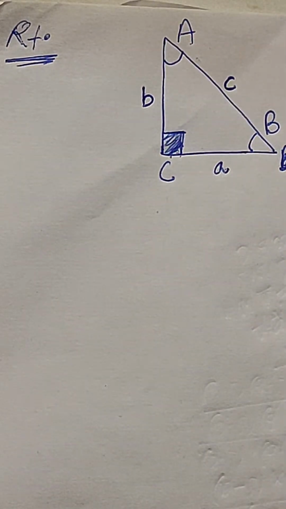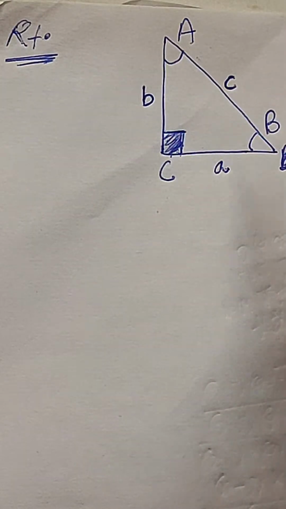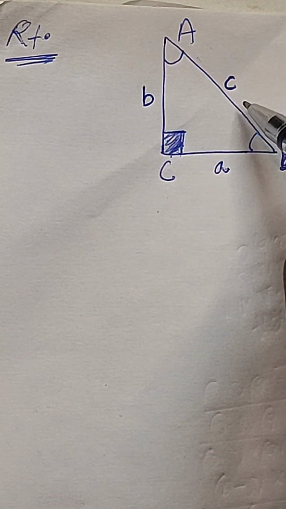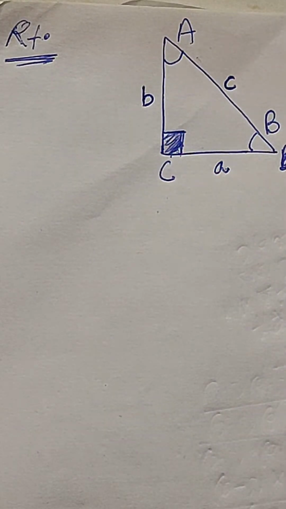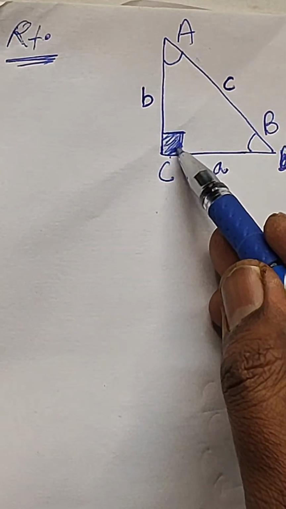This is the same which is valid for all, which we are considering for all. This is normal nomenclature. A small a, small b, small c represent sides, and capital A, capital B, capital C represent the angles of that particular triangle. If you consider the right angle triangle, then we can say that sine of this angle,